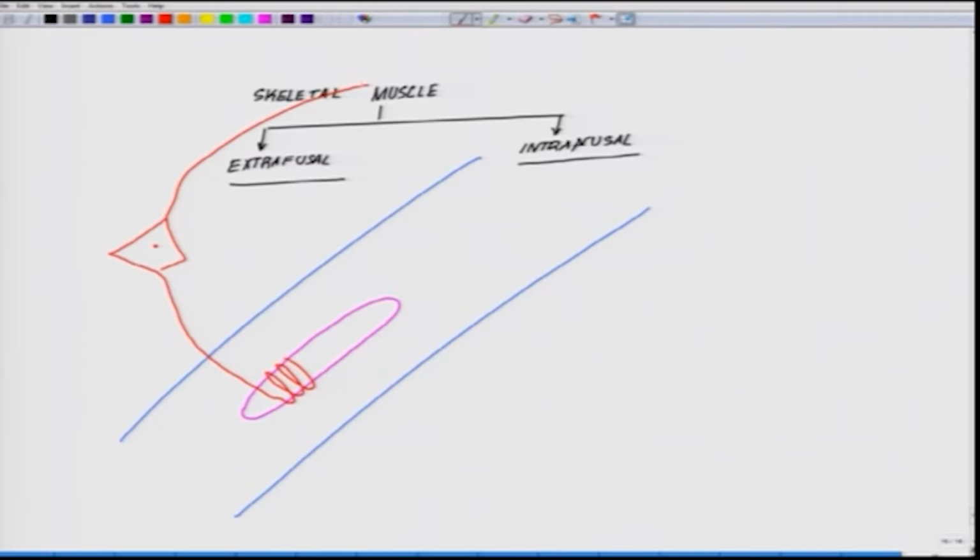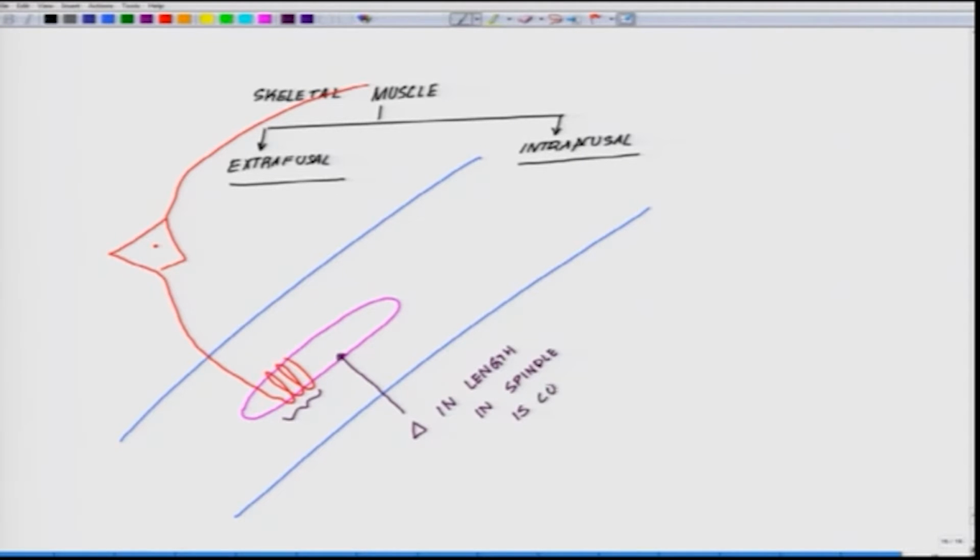Out here at this juncture, at this wrapping, the change in length, delta standing for change in length in the spindle,